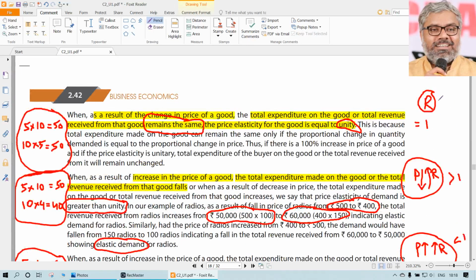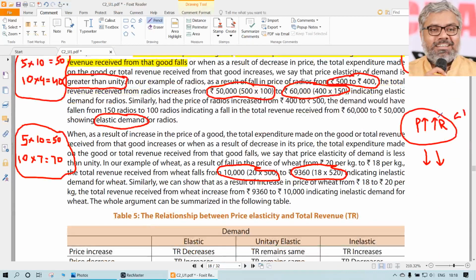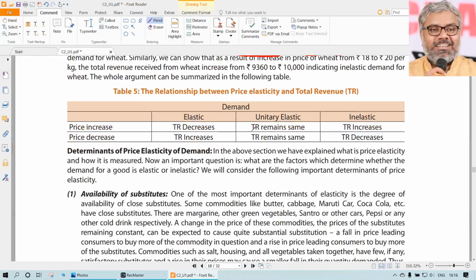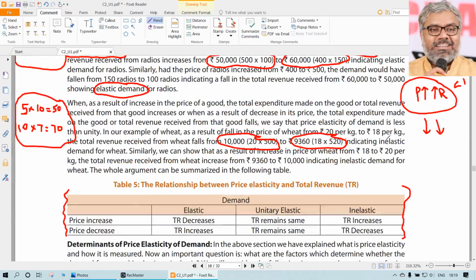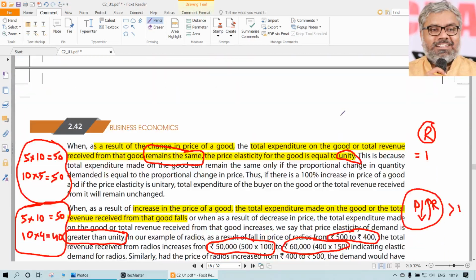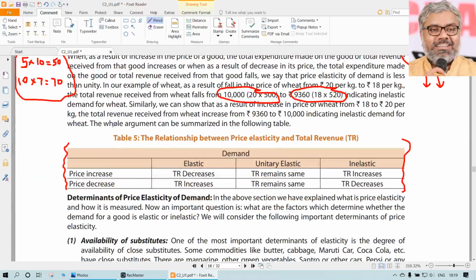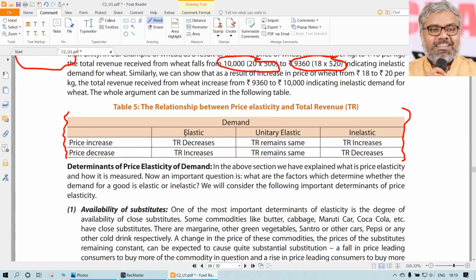If the revenue does not change, even though there is a change in price, then that product is called unitary elastic. Simple. Okay. All these things are summarized in this table. This table you have to remember very well. This is one of the most important aspects. Definite questions will come in the examination in this area, whether a particular product is elastic or less elastic or unitary elastic, that has to be understood.